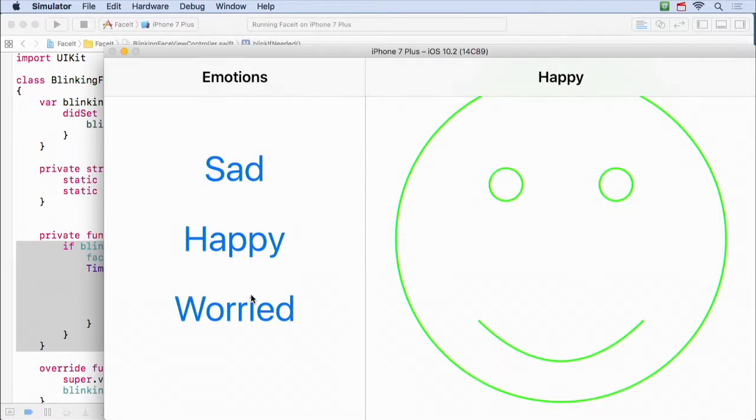Now, one thing about this blink that's not so good is it's kind of abrupt. That's why I'm saying it's not really animation, right? We don't blink like this. Okay, nobody blinks like that. We kind of close our eyes a little bit slow. There's a little bit of motion to it, and so we'd really like to do that. And so let's talk about some more animation capabilities we have and how we can do really more true animation of that than just using a timer. So let's go back to our slides here.